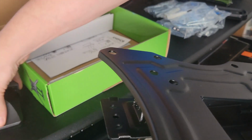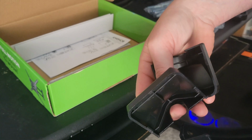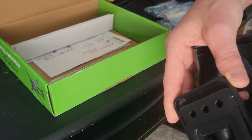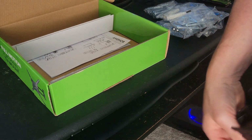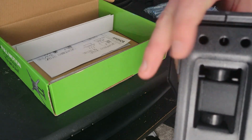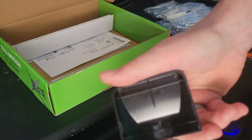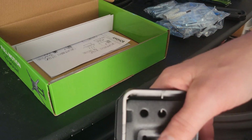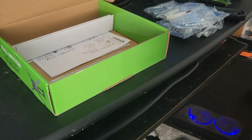And then, like I said, it does come with a couple of covers here. I think these covers are designed to go over the top of this, maybe? Yeah, it does. It looks like they go over this to hide. Oops, drop one. So they go over the top. Looks like you got to press them on there really hard. I don't know if they'll pop back off easy, so I'm not going to put them on there right now. But they hide your bolts on the wall to give it a nice clean finish. Wow, I just keep dropping stuff. Anyway,